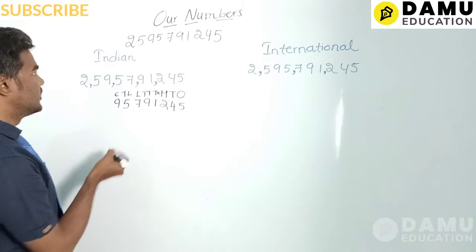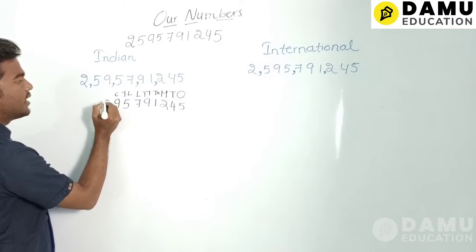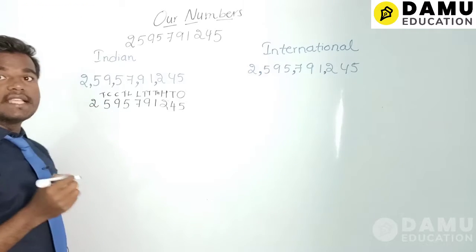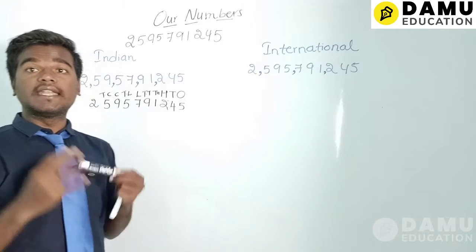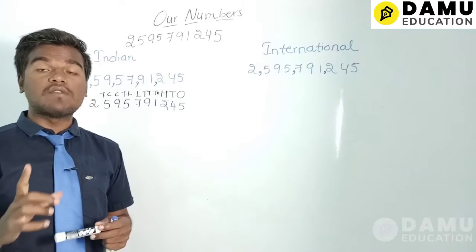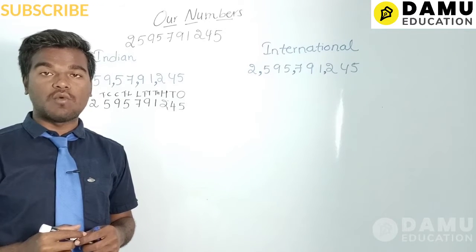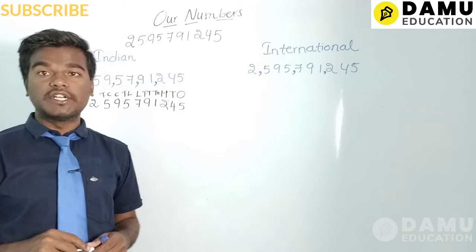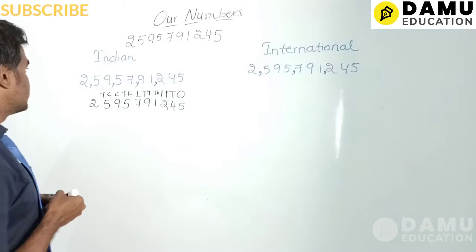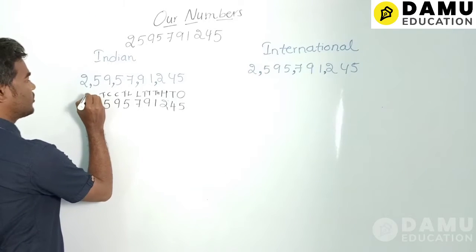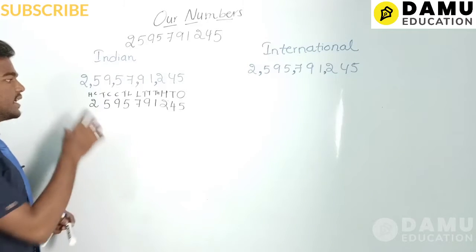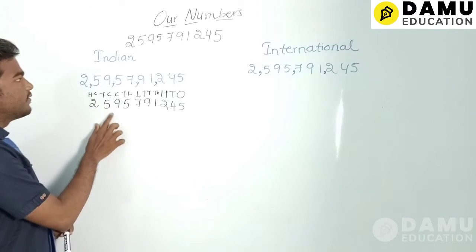So 10 lakhs, after that crores. Then 5 will be there in 10 crores. Then 2 will be there in. So if it's 100 crores, what is the Indian system of numeration? In the Arabic system, then you can say 1 Arab. 1 Arab will be equal to 100 crores. So what you can say here is 100 crores, or you can say it is in the Arabs, 2 Arab 59.